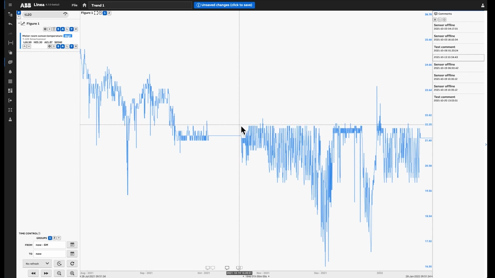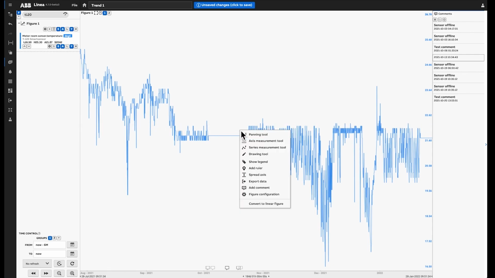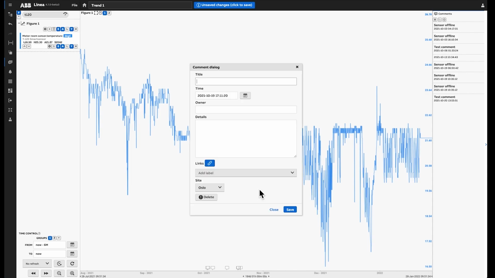In order to do that, I'm going to go to any part of the screen and then right-click and click on Add Comment. A comment pop-up will appear, and then I can add the title, fine-tune the timestamp for the comment, give it some details, and I can also link that particular comment to this trend and add a label for further categorization. These two last features are used for advanced filtering, but by default, comments are available in all trends to all users. So for this comment, we can write sensor offline